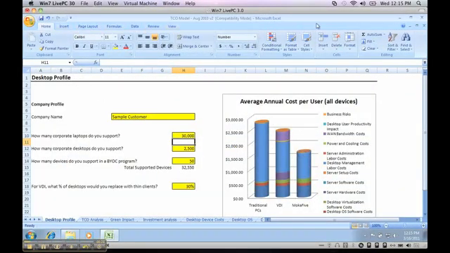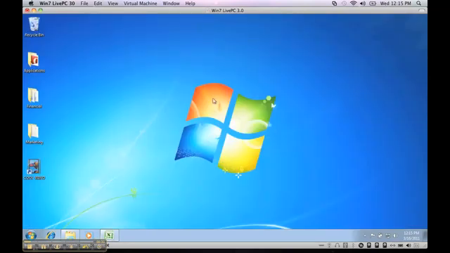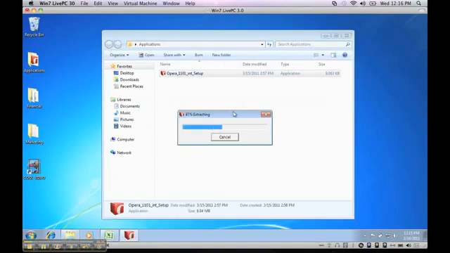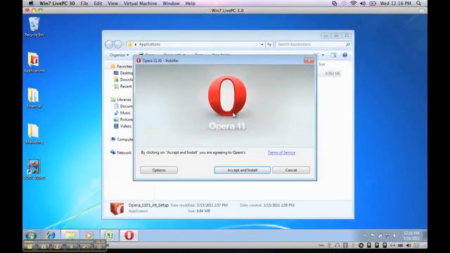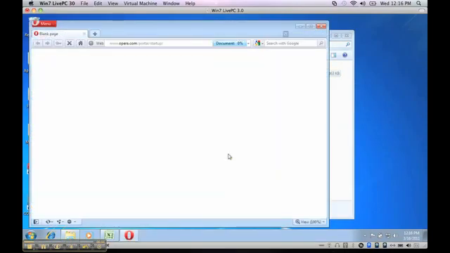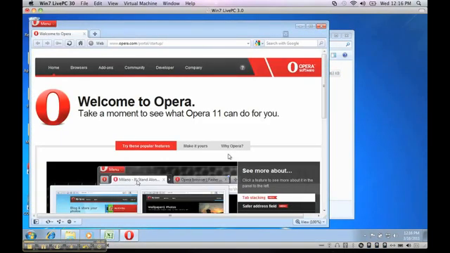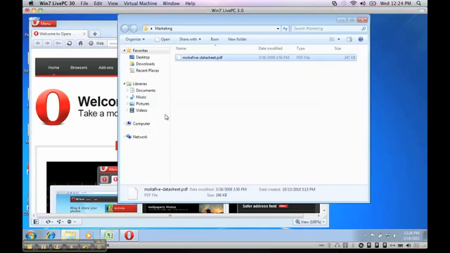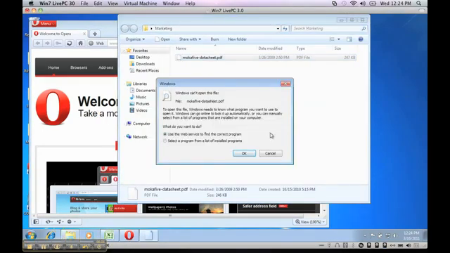I can also customize my corporate desktop, such as changing the wallpaper or even installing an application. For example, let's say I want to put in Opera. Now, the great thing is that my customizations are not impacted by updates or patches that my administrator makes to the golden image. Now let's say you have a PDF that you'd like to open, but this corporate image doesn't